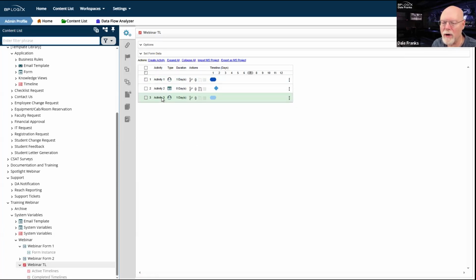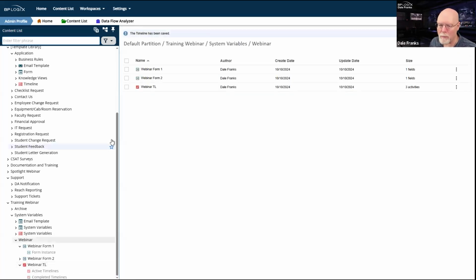And then we're going to create a third activity, which will be activity 3. Again, that's a user activity. It will be assigned to me. And we are going to make that happen after activity 2. So I'm going to submit the form. It's going to show me activity 1. I can make whatever changes I make to the form, complete my task. Then it's going to swap the forms out to the second form and pop me back into activity 3. And I'll have to put in a new value in activity 3. Technically, I don't even think I need activity 1 here. I'm just putting it in there for clarity so that we can see what is happening with the form.